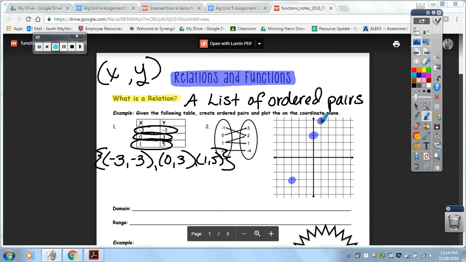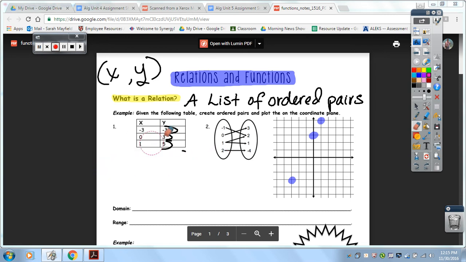Okay? And I'm not going to connect them, I'm just going to plot them. But if I did connect them, notice it makes a line. Notice this is a relation, it's a list of ordered pairs, but it's not nearly as pretty as the Timberwolf, or cute. Okay? So now, if I erase this, just so for purposes of me being able to see this